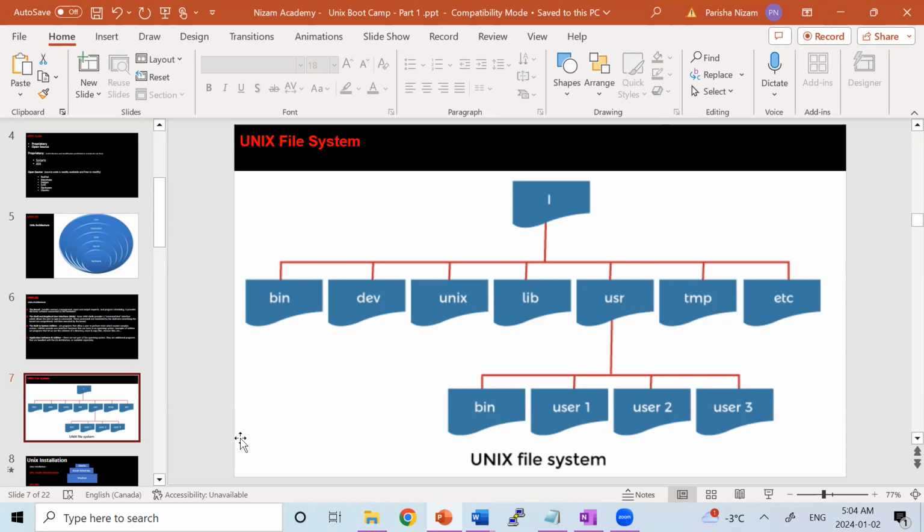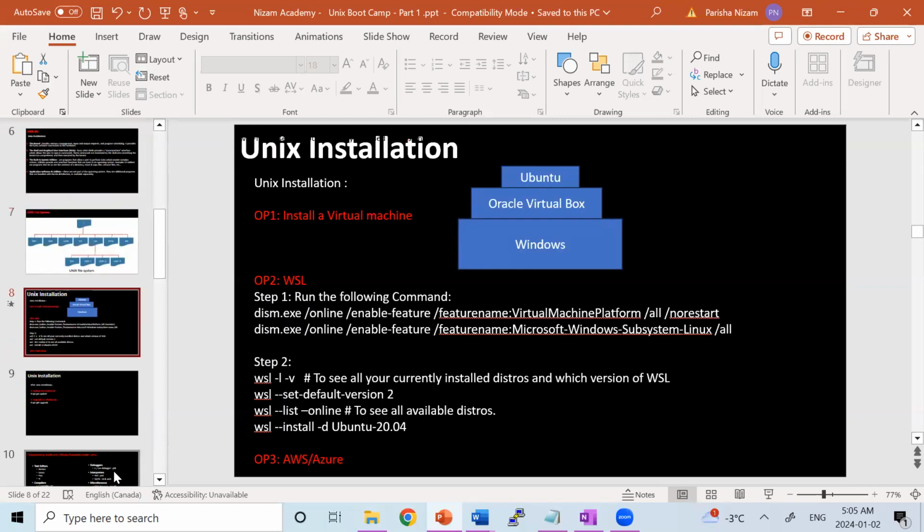Okay, so I think we understand what an operating system is and what the Unix operating system is. Now the question is, how can we install and configure a Unix system on our computer so that we can practice the Unix commands and utilities that we use in our day-to-day IT practice? Well, there are multiple ways we can have a Unix system. Option one, a very popular and traditional method, is to install a virtual machine on top of our